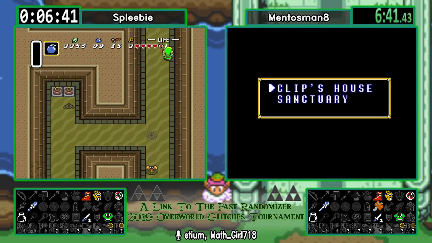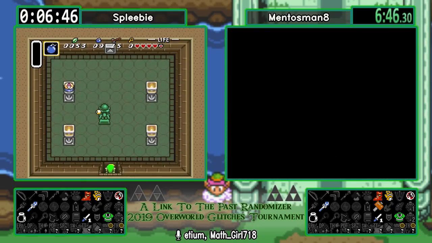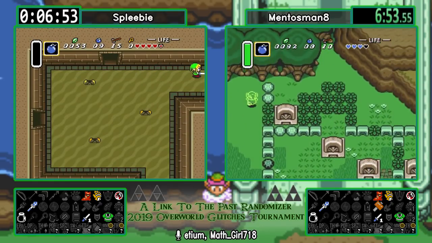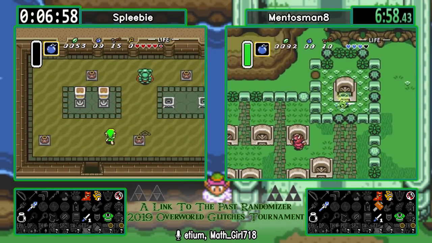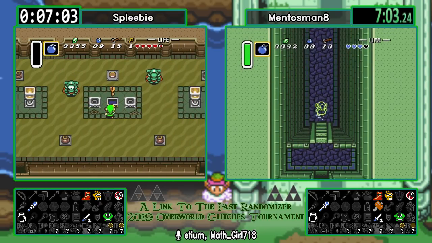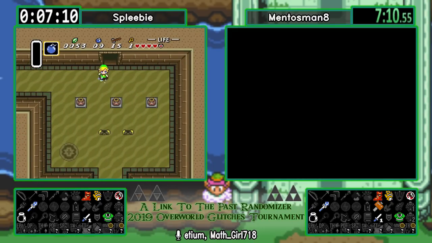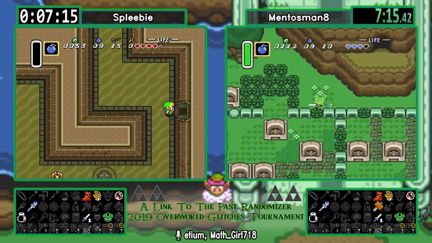Mentosman, interestingly, decides not to go into desert. Spleebie is going to do that. Ether is a nice find. Mire requires, and that's the medallion. Oh boy. Yep. So, yeah, if Mire is a crystal, the medallion for Mire is always required. If Turtle Rock is, we don't need the medallion to get into Turtle Rock. So we probably won't need it for that, but